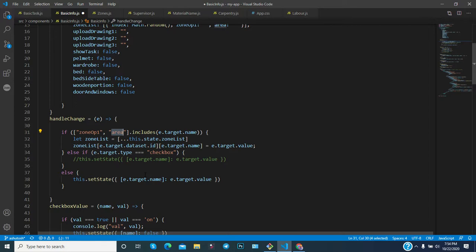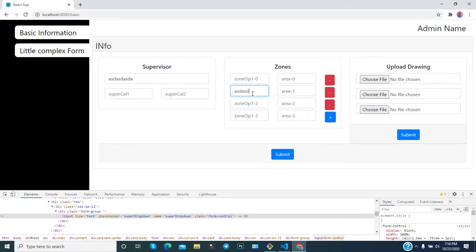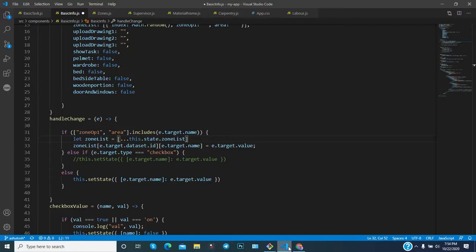So now in this case we will check whatever data you are getting, on which index of the data you are getting it. Suppose you change this one, if you are typing anything, how will you know which row is changing, on which row the change event happened? Then you can decide through this dataset id. e.target.dataset.id value is nothing but an index.